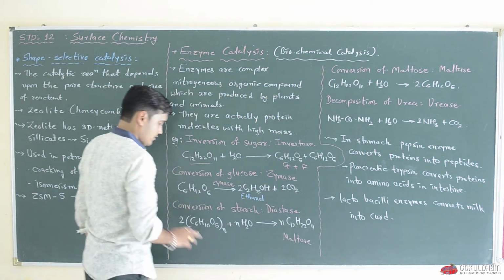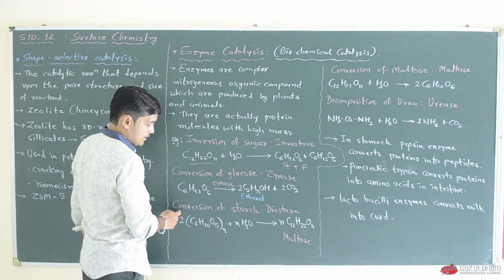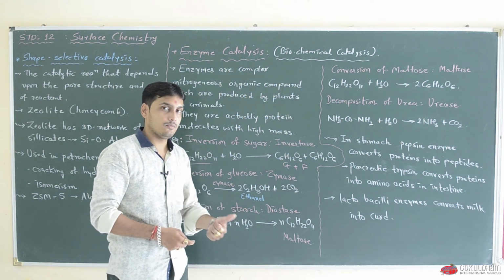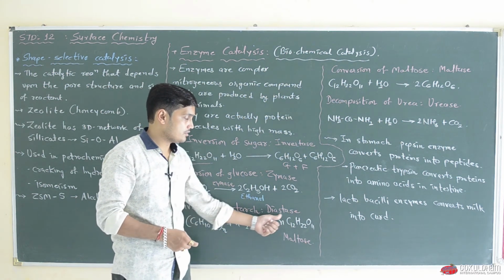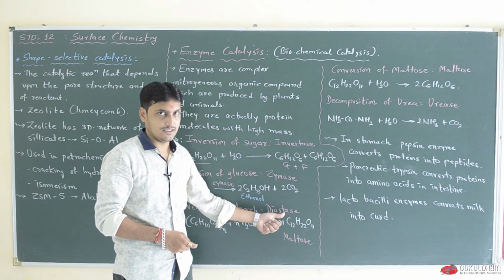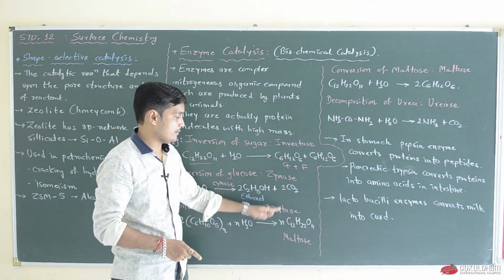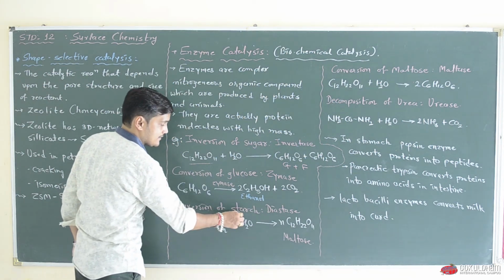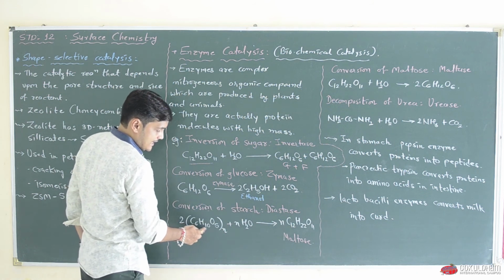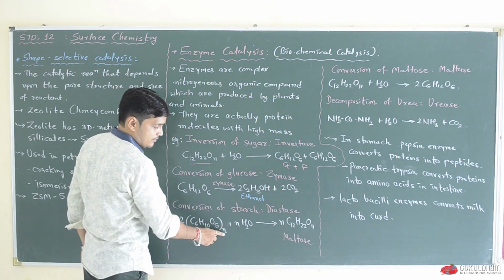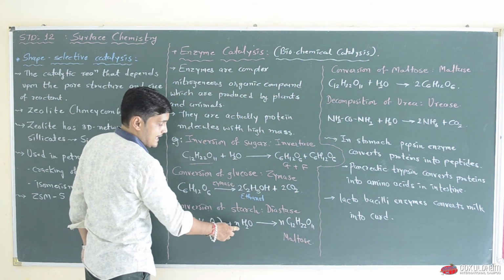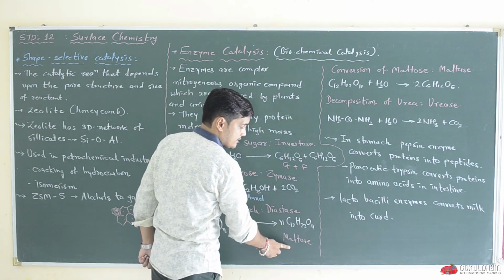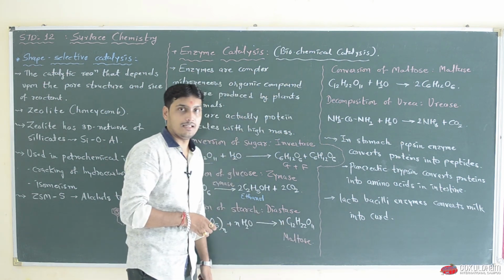Okay. Our third example, conversion of starch into maltose. Again the molecular formula is the same, but we use the enzyme diastase. You have to remember all the separate names for separate reactions. The molecular formula of starch is written as (C6H10O5)n, plus nH2O, hydrolysis of starch, and we get C12H22O11. The molecule is known as maltose.